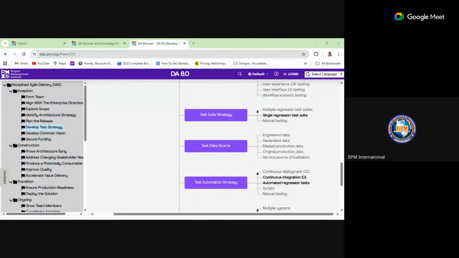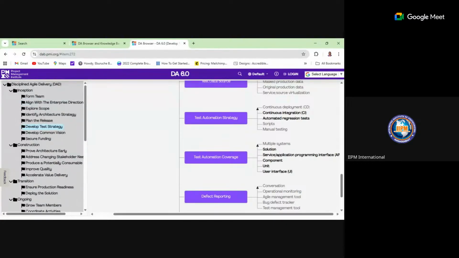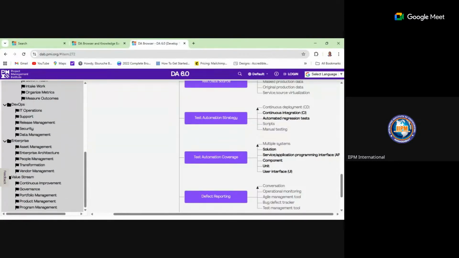All right. So if you're still with me, I only tried to show a little bit of what the DA is, using the Agile PMI dashboard. Everything here is just a guide on how to do your project.